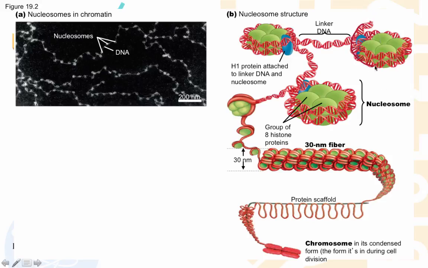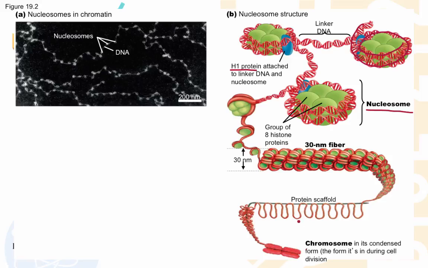tightly wrapped around these histone proteins in units called nucleosomes. These nucleosome units repeat throughout the length of the DNA molecule. The histone protein H1 associates both with the linker DNA as well as the nucleosome to bring about stability within the structure. These nucleosomes come together to form higher order structures like the 30-nanometer fiber and subsequently the chromosome in its condensed form. This organization allows DNA to be packaged within the nucleus and also plays a key role in